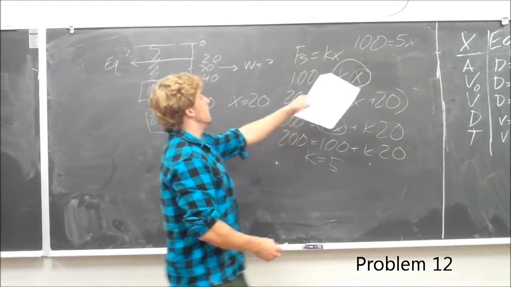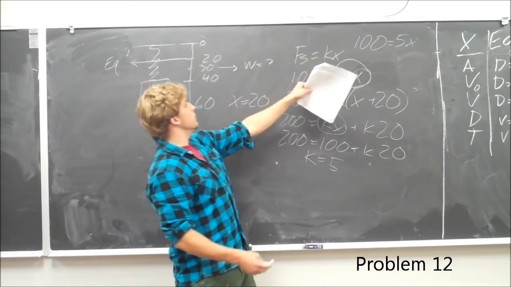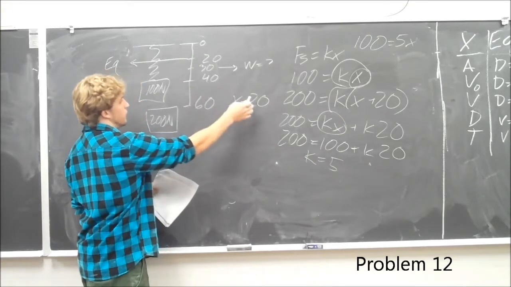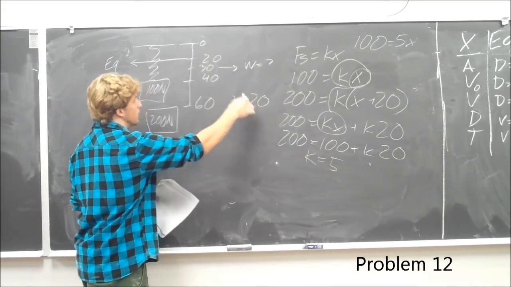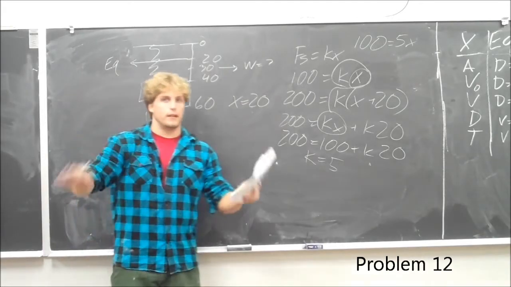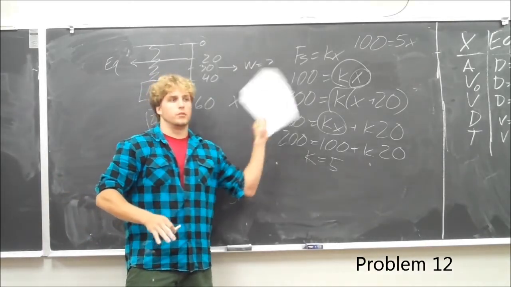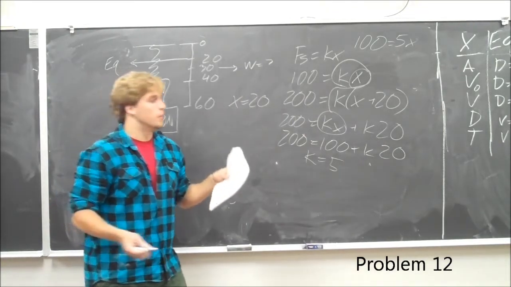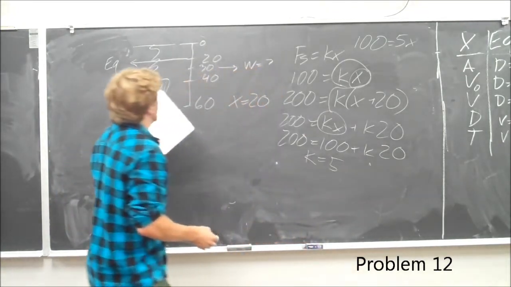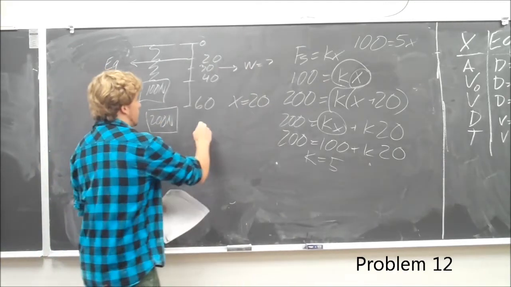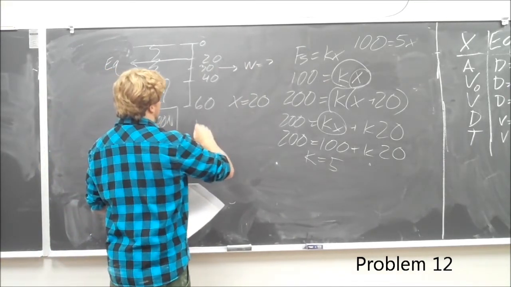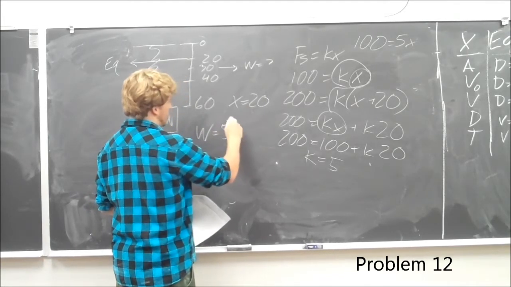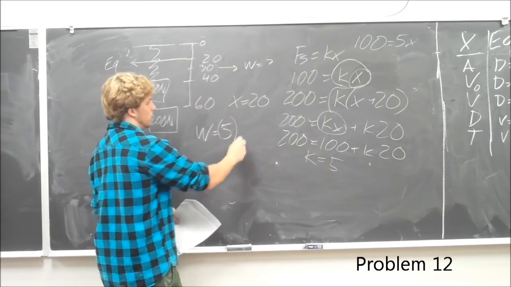And I didn't say X is 20 for 100 newtons and then just go to 20. It was X is 20, so I subtracted 40 minus 20 is equal to 20. Okay, that's what I did. I just kind of jumped there. I just want to make sure I didn't just find out 20. It just so happens they're the same number. Okay, so now I know what the initial thing is. So now I can plug in what weight is it? Weight is equal to 5, which is the K value, times